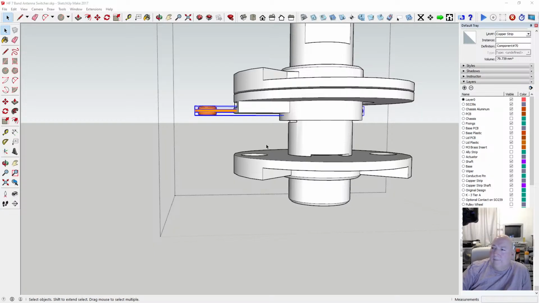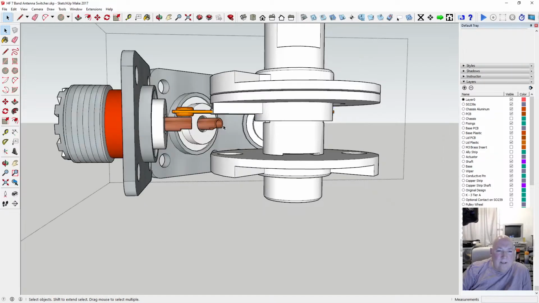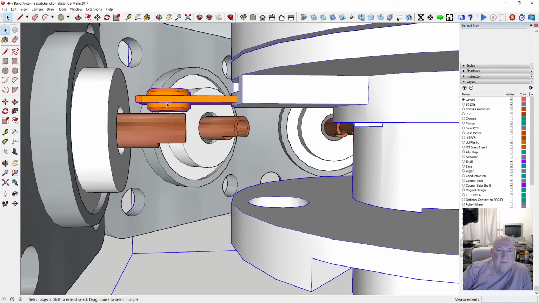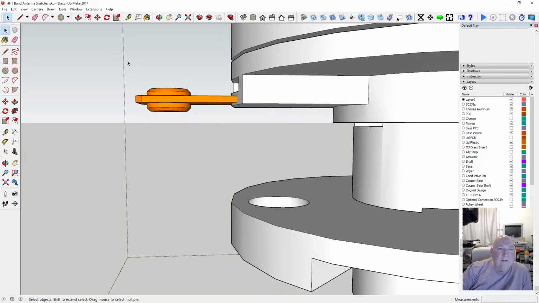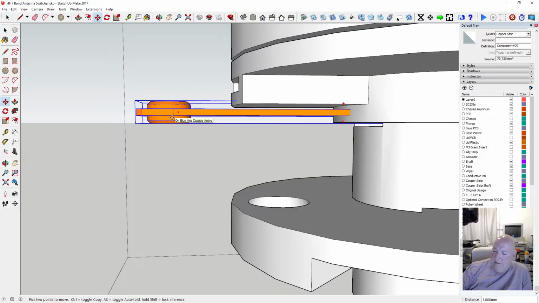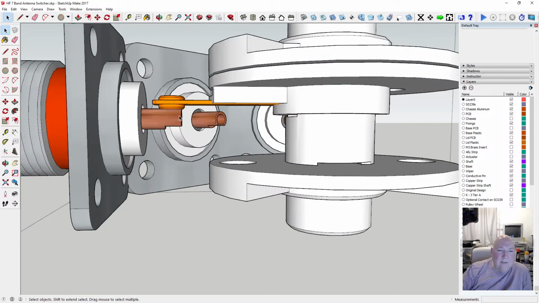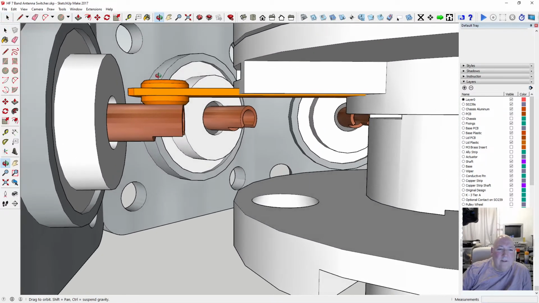Right, anyway, let's get back on with this shaft. So we've moved the shaft. I don't think I've moved it down yet. I can't remember if I've actually moved it now. So I'm going to move it down. It needs to just touch it. So if I just bring it down, let's say 0.25 of a millimeter. I'll try that first and see where we got to. So it's just touching now, according to that.